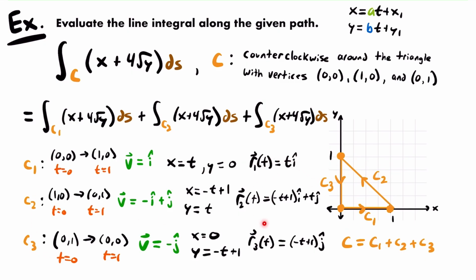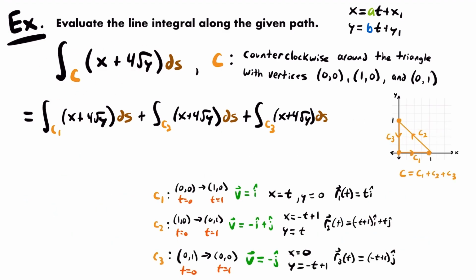We can now use these three vector functions to help us set up these three line integrals that will add together to be equal to this line integral. Okay, and so let's work on that setup. Remember that for each of these integrals, that ds will involve the magnitude of the derivative of the vector function. So actually, before we set anything up, I do want to take the derivative of each of these vector functions,